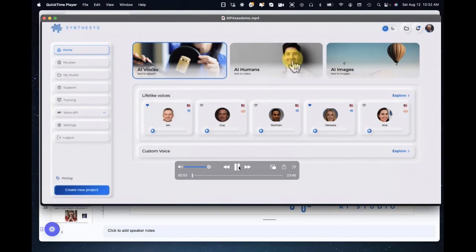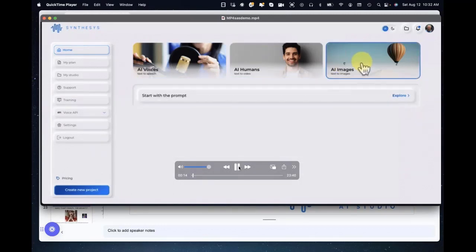Welcome to Synthesys AI Studio, the most amazing conglomeration of AI tools that you have ever seen. Three basic pillars: AI voices, AI humans, and AI images, but there's a lot actually worked into those that serve as extras, such as our FaceSwap feature, which I'll explain as we go along. Now, in this particular demonstration, I'm going to be showing you the basic product, but I'm also going to mention things that are included in our overall bundle product, since we've got such an amazing deal going for the bundle right now. So I will be showing you some of those features as well.